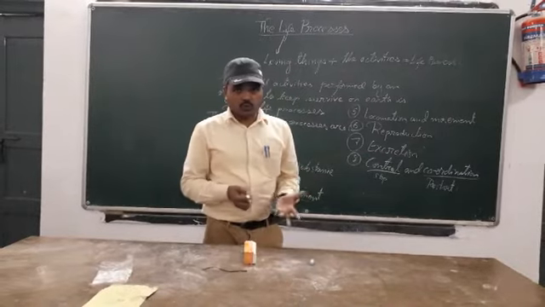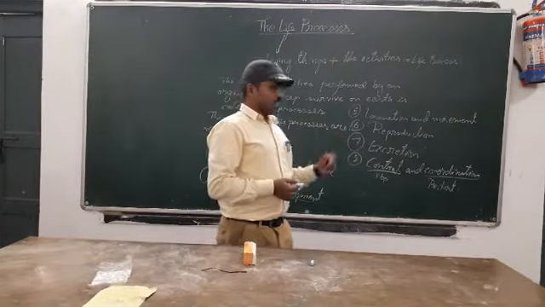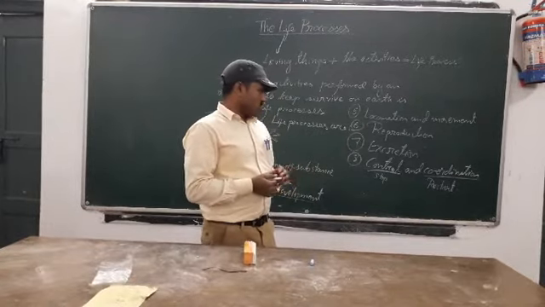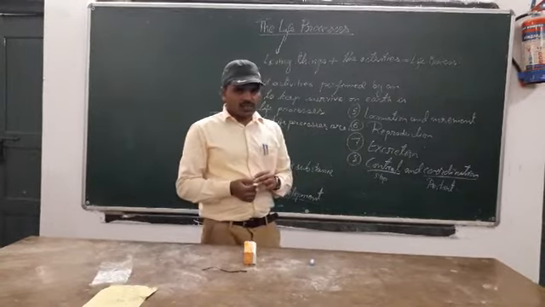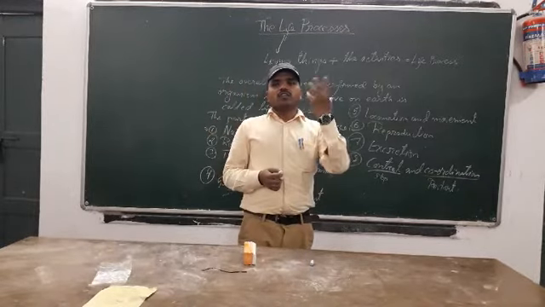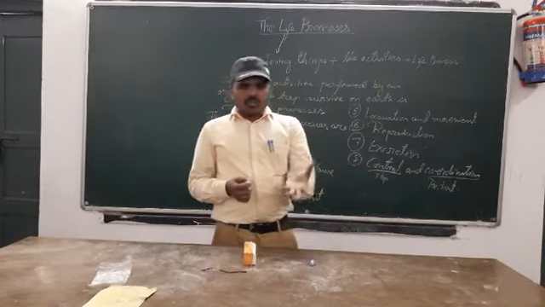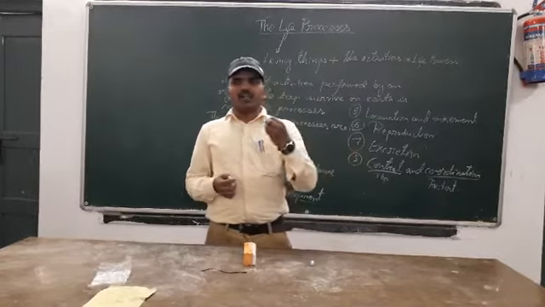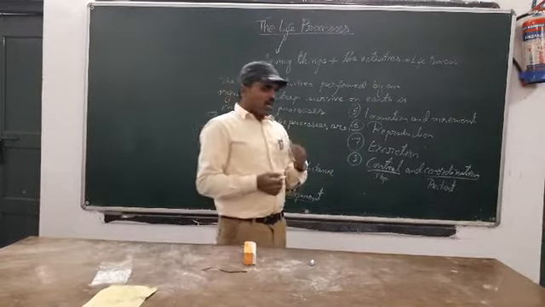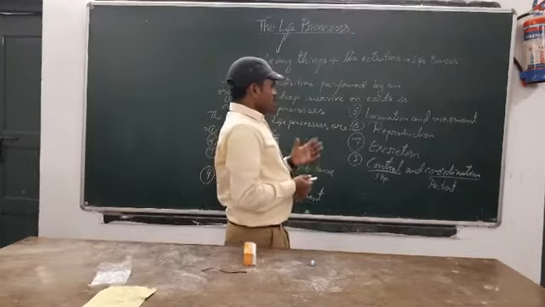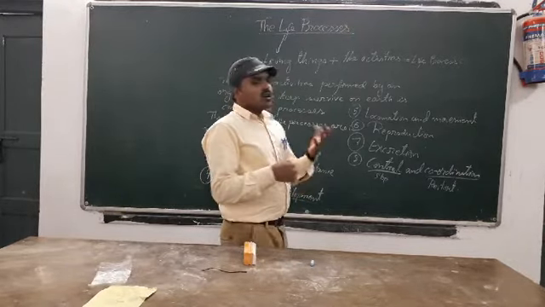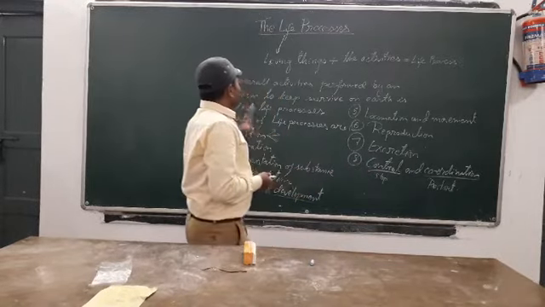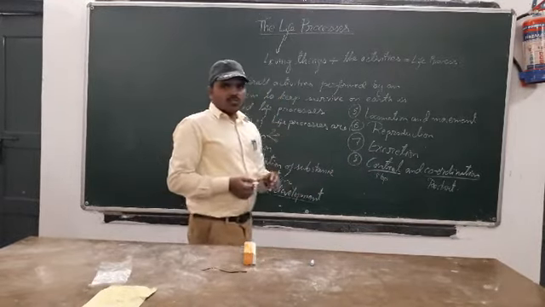This reproduction is also of two types. One is asexual reproduction and another is sexual reproduction. Excretion is removal of unwanted substances, might be the releasing out of carbon dioxide from our body, or releasing of undigested food stuff out from our alimentary canal or digestive system, which is known as excretion. Releasing out of urine is also known as excretion. These are the points under life processes.